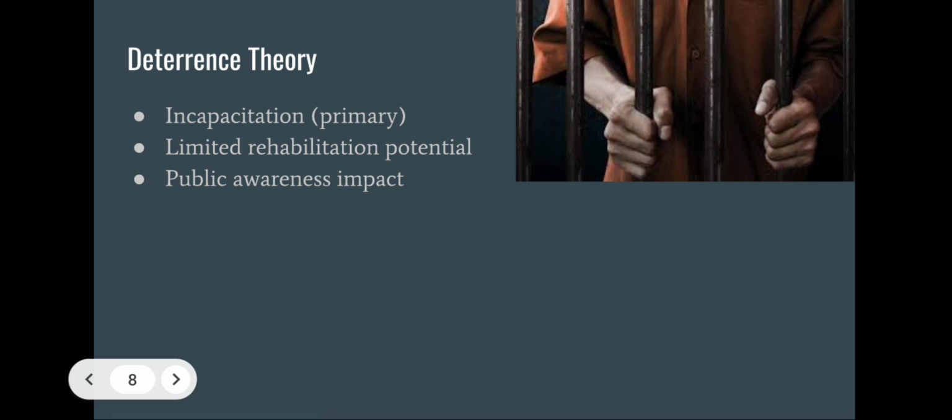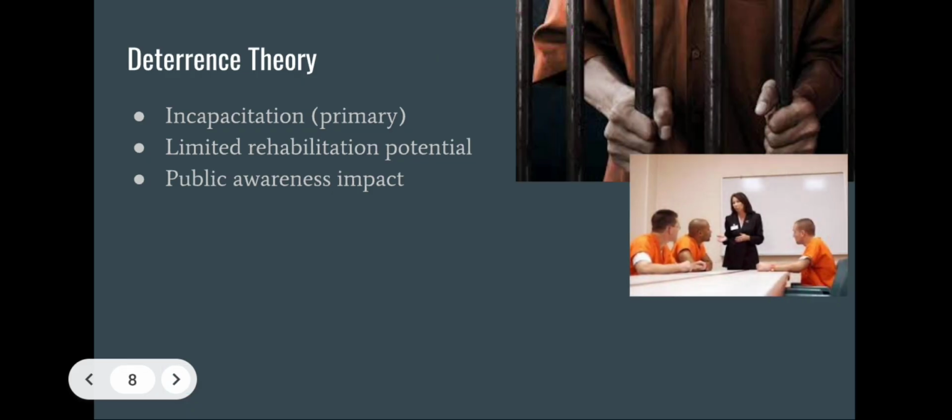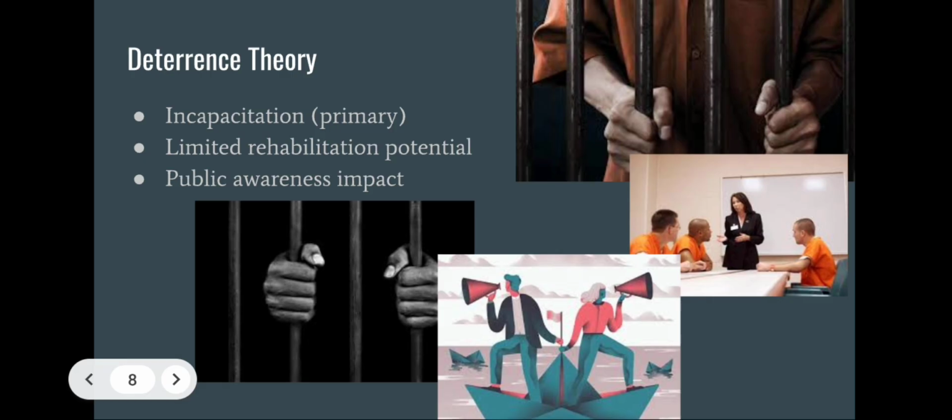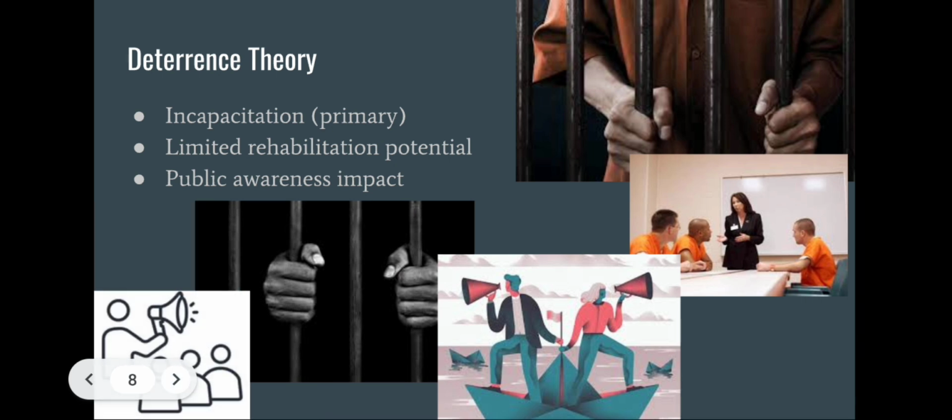Rehabilitation wasn't considered a realistic opportunity due to the severity and psychological depth of Dahmer's behaviors, and if you look at the crime, it's really hard to rehabilitate that. While general deterrence through public awareness is definitely expected, it couldn't undo the crimes or prevent anyone further. It would just have the public be aware of certain things and signs that they can look for to stop any further destruction in the future.